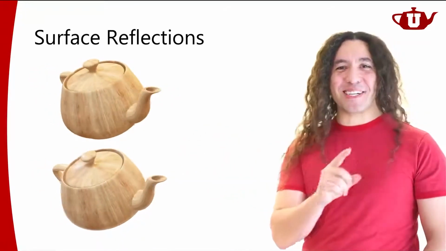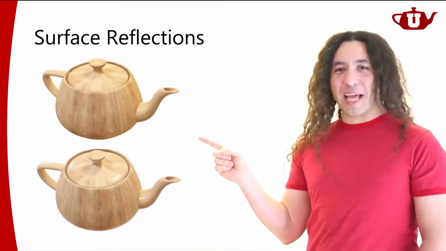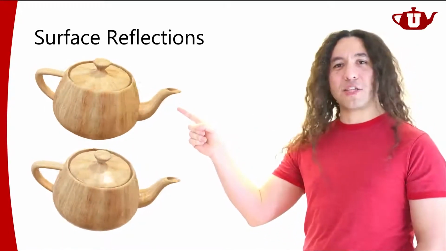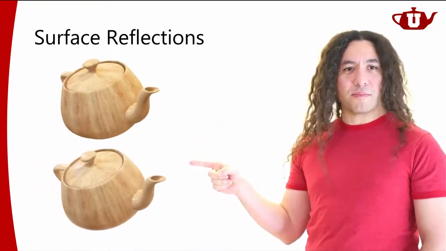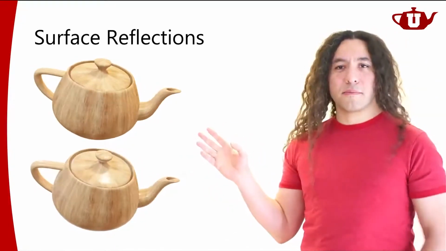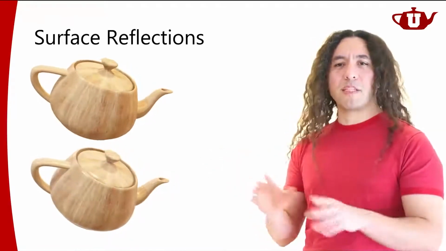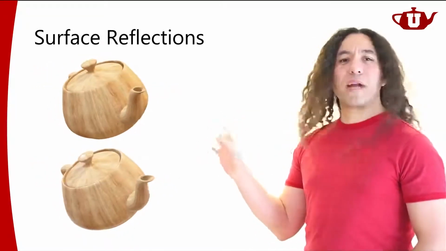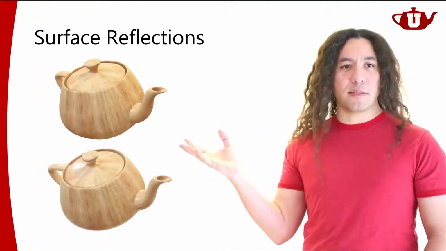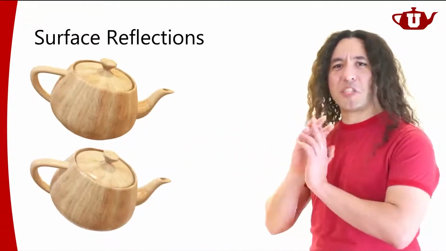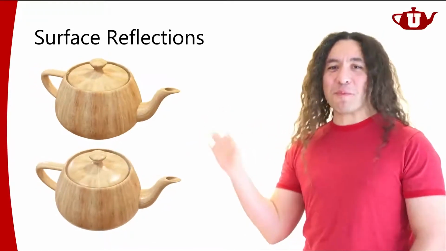So let's put this equation on the side, and let's take a look at images. Let's take a look at teapots. They're much easier to look at, right? So you remember these two teapots? We looked at them last time. This is a teapot with just diffuse reflections on it, and this is a teapot with some specular reflections on it. Now, I want you to look at this. Forget about Phong shading or blend material model or the material model. Forget about computer graphics for a second. Assume that these are actual, physical, real teapots. I'm showing you this, just imagine that they're real. I know they don't look that realistic, but for the time being, try to imagine that they're real.